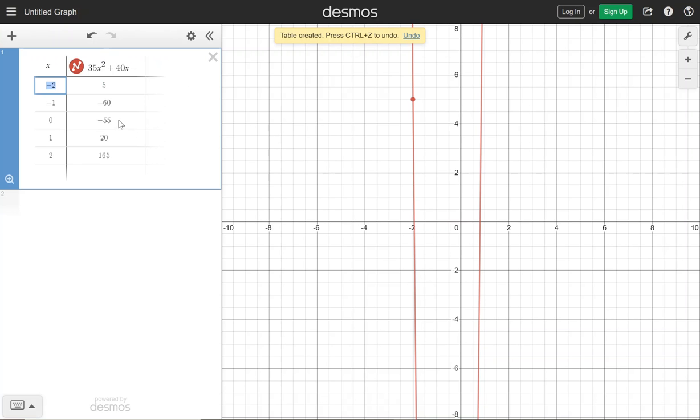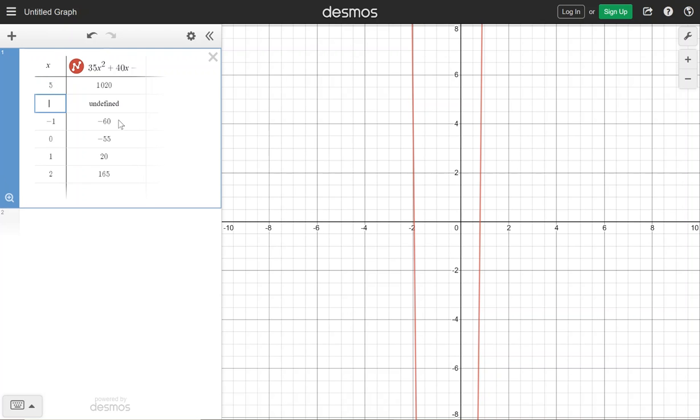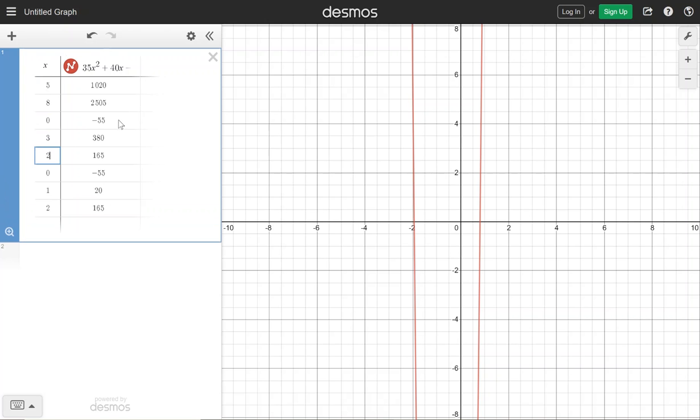By default, you can see it comes like -2, -1, 0, 1, 2, but maybe that's not the values we want. Maybe we want to know 5 and 8 and 0. And notice it's dropping the other ones down, so I could write on top of it if I wanted to. I could look at some bigger numbers like 20. So I have lots of things that I can do here